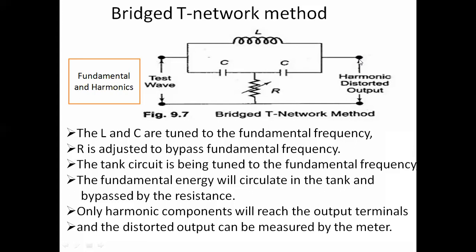So this waveform distortion analyzer will produce the total harmonic distortion value, not individual distortion of the components. It provides the total harmonic distortion value of all the distorted components which are present in a given waveform or applied input waveform. Okay, not individual distortion values. It does not show the individual distortion values.